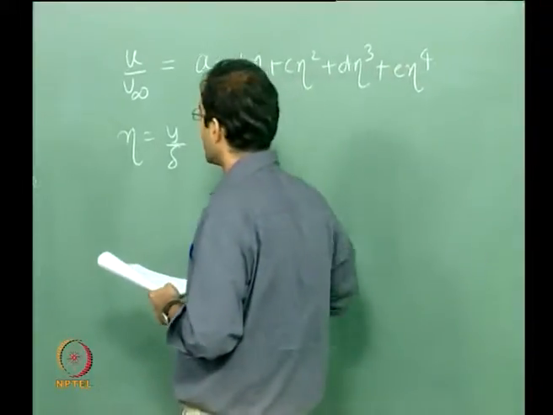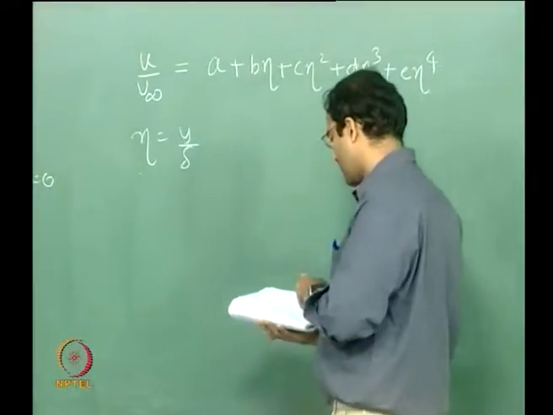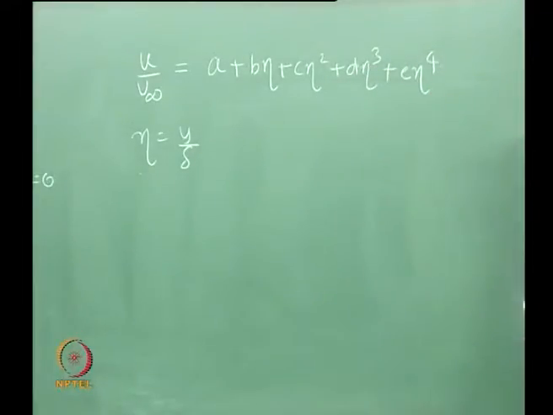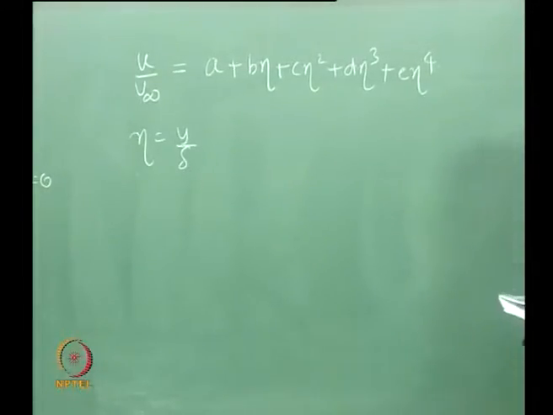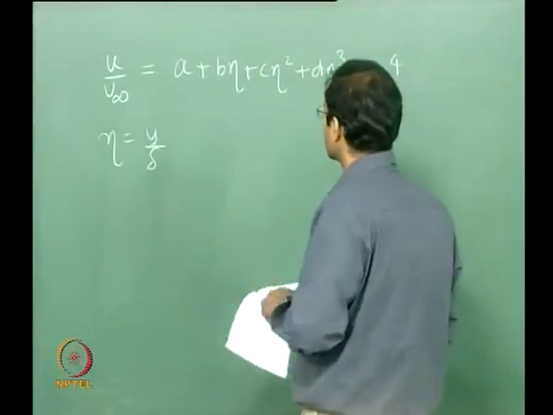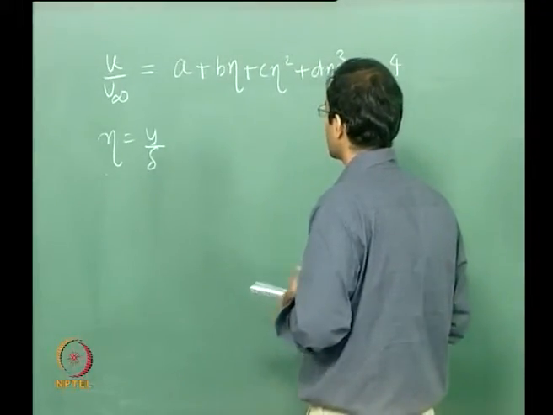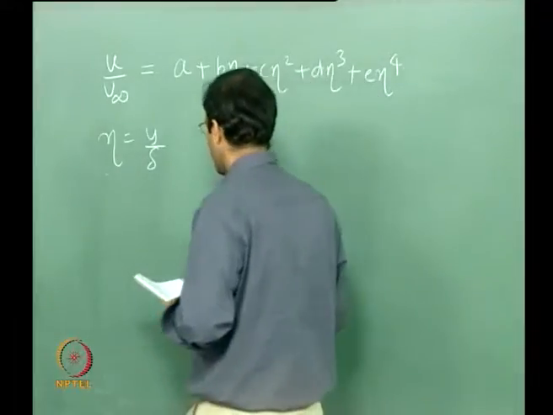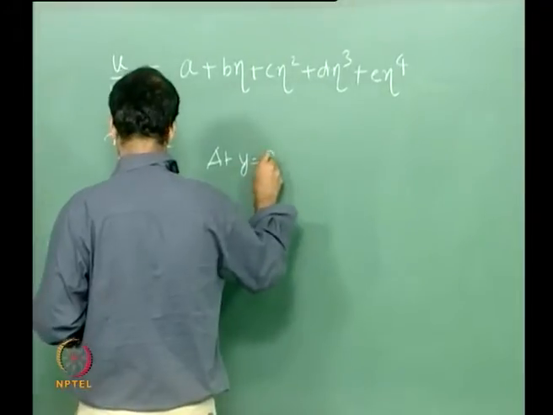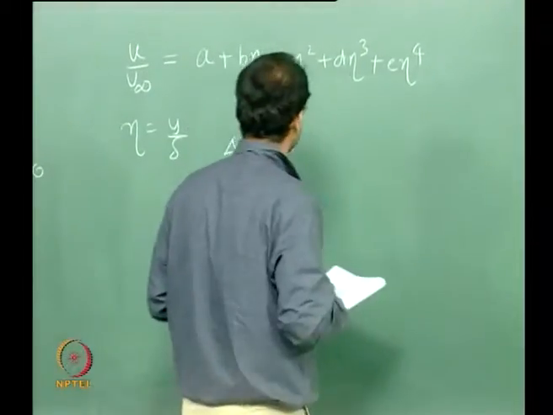So why did he do it? In order to satisfy the important boundary conditions, and when you also include the pressure gradient, another boundary condition has to be satisfied. We will see the following boundary conditions which have to be applied to find these coefficients. So at y equal to 0, what is the boundary condition?